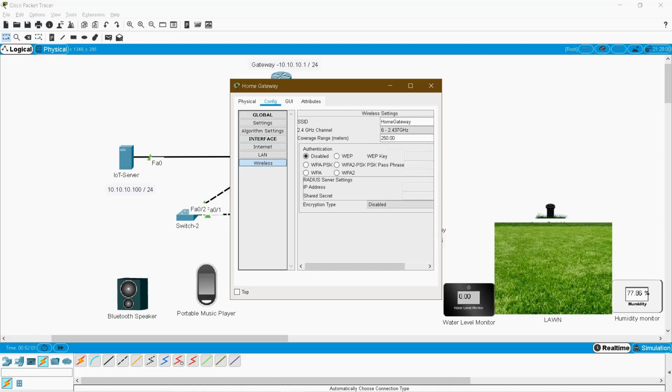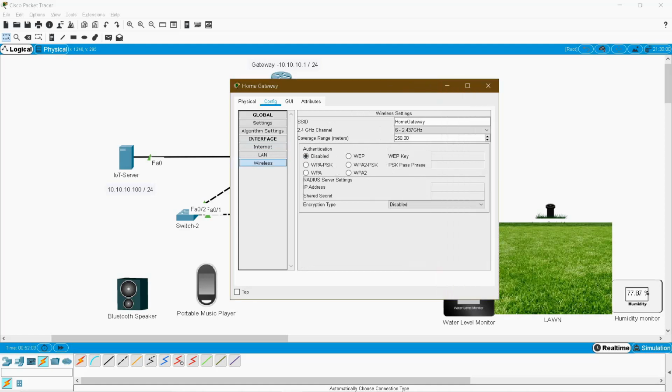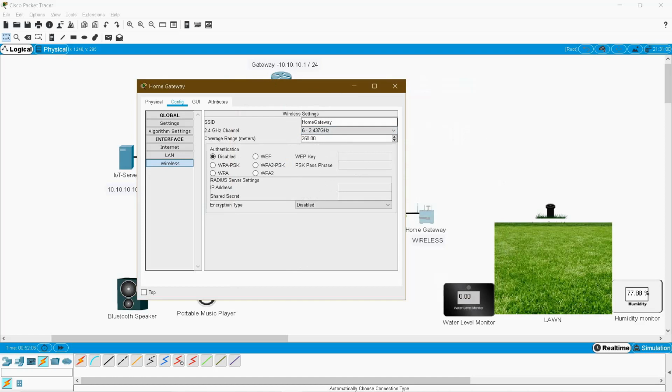So here I am going to configure my wireless SSID and password. Let it be by default, you can change this, but let it be default. And the password I am going to give for security reason, LAN1234. It is going to be hexadecimal, minimum 8 characters. So LAN1234 is my password.